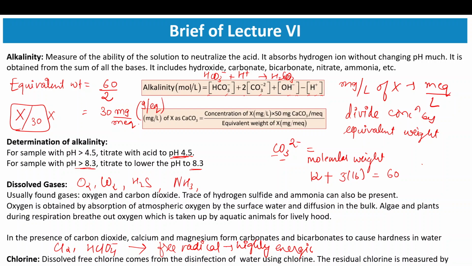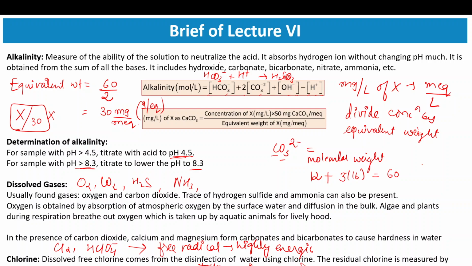That is why they are highly energetic, and they want to have more and more reactions they want to encounter, right? So in that case, these energetic ions interact with whatever is present. So in that case, these energetic chlorine ions are found to cause disinfection by killing the microorganisms,